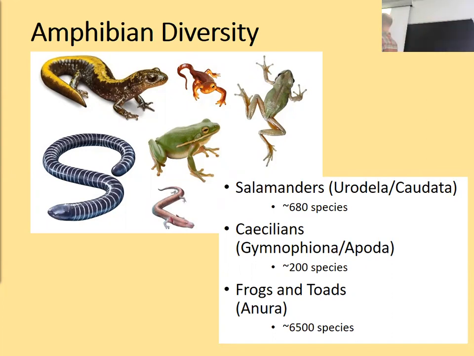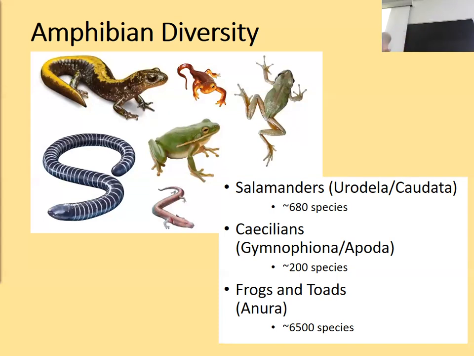We also have caecilians, which are known as Gymnophiona or Apoda. Remember from your Latin that pod means foot, and a means there isn't one, so they have no feet. Like cephalopod, your octopus and squid, cephala meaning head, pod meaning foot. They're like feet-head because they're just mushed together. Those Greek roots will help you remember some of this stuff. And then frogs and toads are in the group Anura. There are only about 200 or so species of caecilian, but there are 7,000 plus species of frogs and toads.